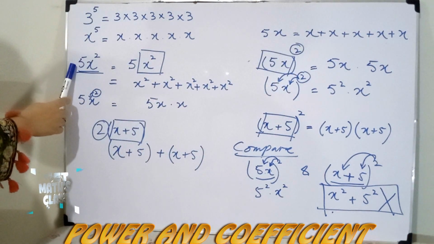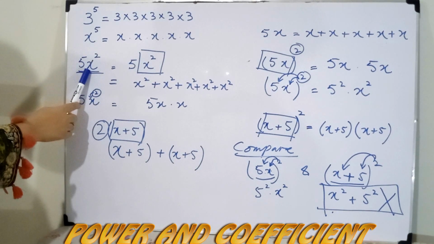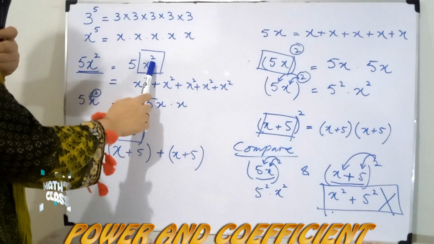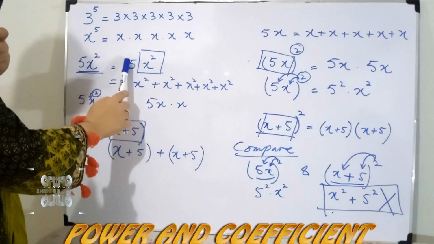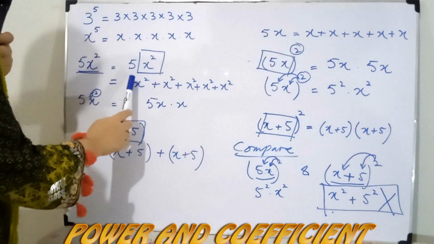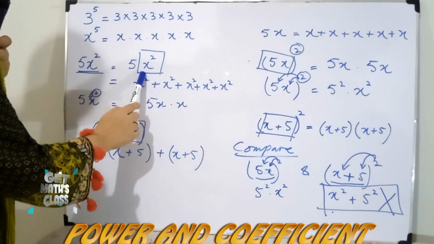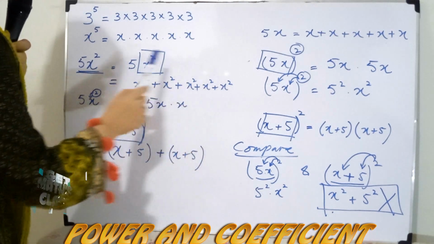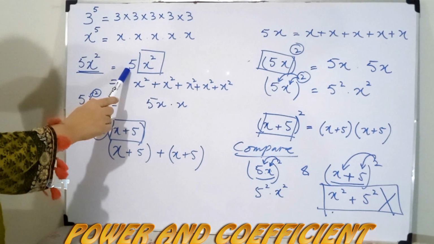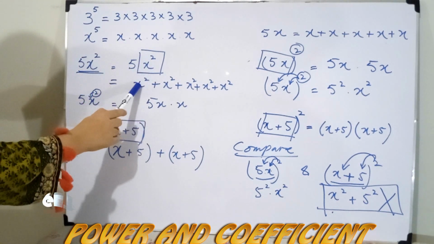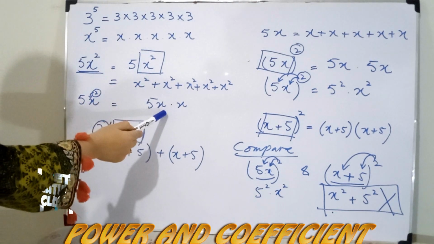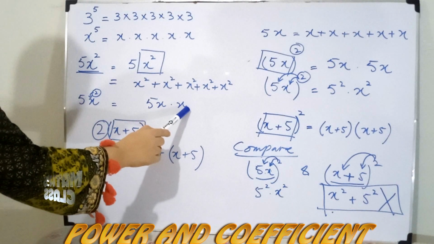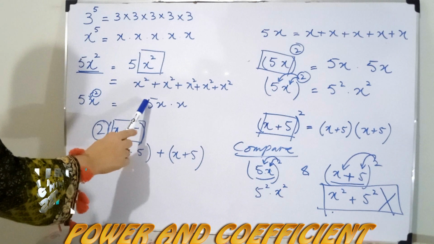Here we took an example 5x square, a variable with power as well as with coefficient. If I explain this number with respect to coefficient, coefficient shows the number is adding itself. So here x square will be considered as the basic number and this number is adding itself 5 times because the coefficient is present here. If I take this number with respect to power, power shows the number is multiplying itself. The power is only on x. So x is multiplying itself 2 times and the coefficient 5 will remain the same.